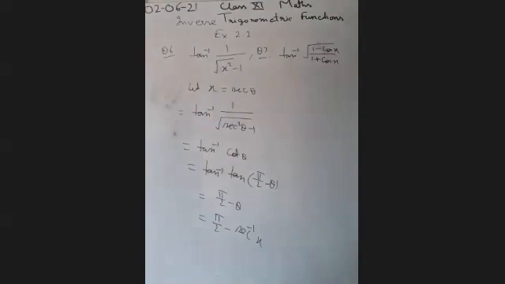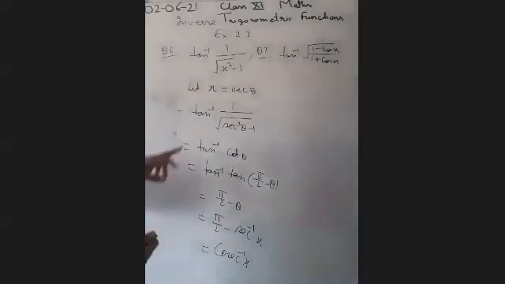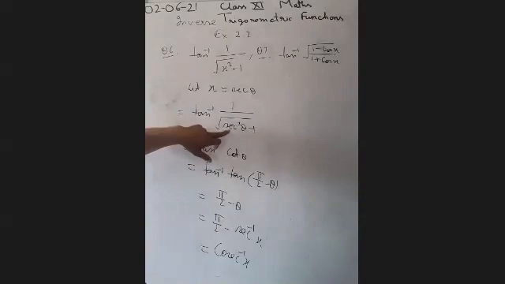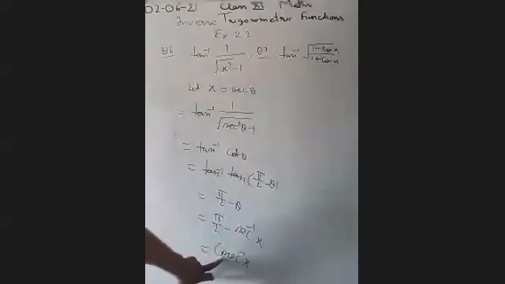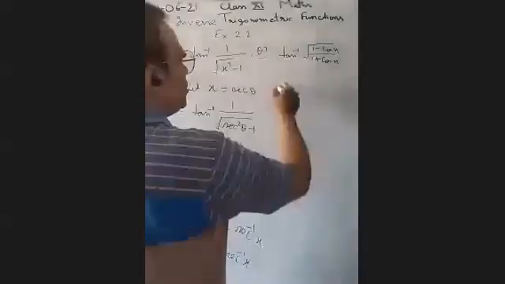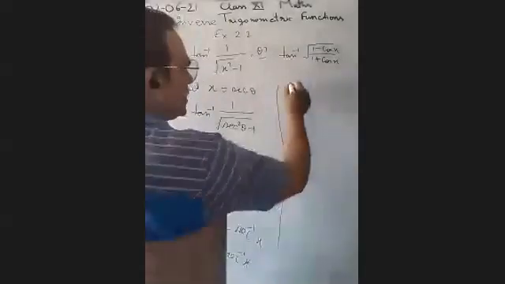x also। ठीक है, so first of all we have assumed that x is equal to sec theta। After assuming, put the value of sec theta, sec square theta equal to tan square theta, 1 upon tan theta is equal to cot theta। So tan inverse tan theta is equal to pi by 2 minus theta। So in place of theta we have written sec inverse x, so pi by 2 minus sec inverse x, so we can write cosec inverse x। ठीक है, you can leave here also or here also, or we can write sin inverse 1 upon x also। ठीक है, both are possibility, many possibilities are here।